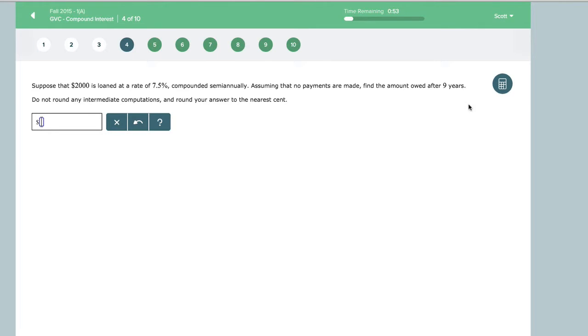Very similar question. Suppose that $2,000, so there's our initial amount, $2,000, y equals, and then we have our parentheses. And with our parentheses, we see that it's 1 plus. We see that it's going up, assuming no payments are made, so we are going to plus. We assume that amount's going to go higher. Then we have our fraction,